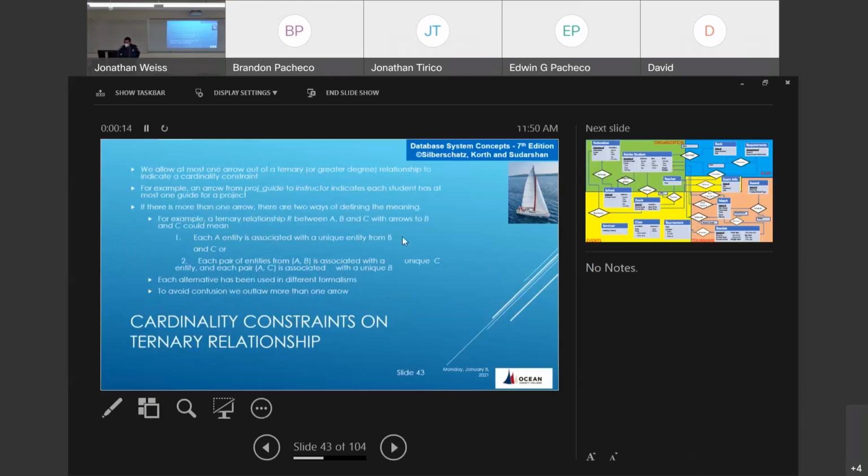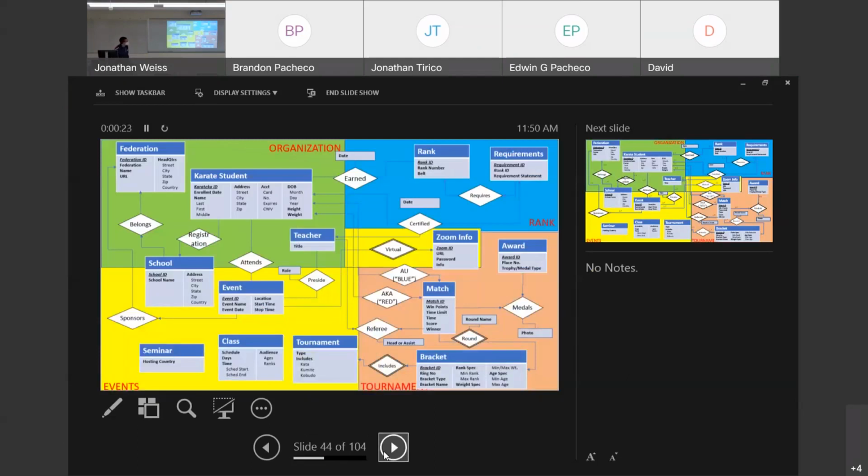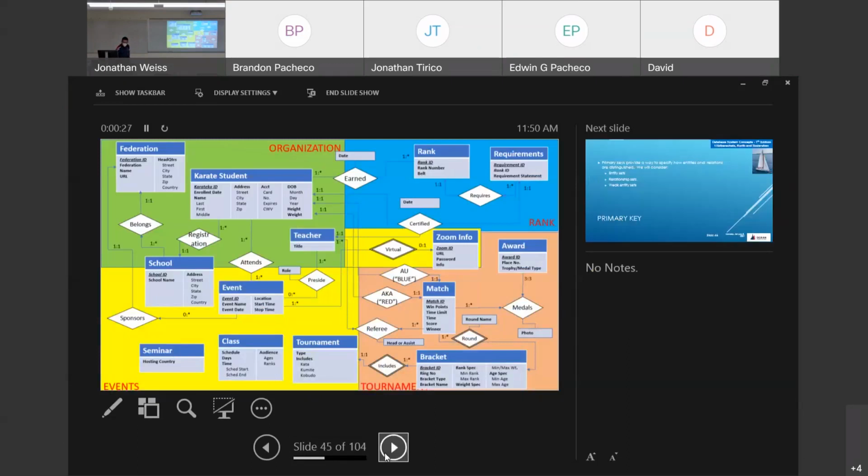So ternary relationships, you put the arrows from the relationship, I'm going to hold off on that. I'll show an example of that in a minute, but let me go to our diagram here. This is what our diagram looks like. And the other thing that you can do to make some of this stuff more explicit is you can put the cardinalities in numeric form on there as well. So you can say one to many, etc. I've added that here just for the sake of